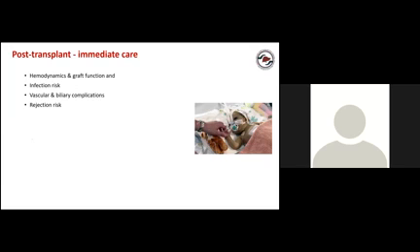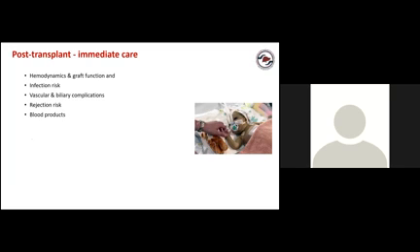Rejection risk. The rejection risk starts actually after day 3, day 4 of life. If we forget about hyperacute rejection, we talk about the standard rejection we talk about in the post-transplant period. After day 3, day 4, you would expect the graft function to be normal, the liver functions to come back to normal, or at least to show declining trends. However, if they are going up again, then you have to think about rejection risk. Are we giving enough immunosuppression? You have to balance the rejection and infection risk in those circumstances.